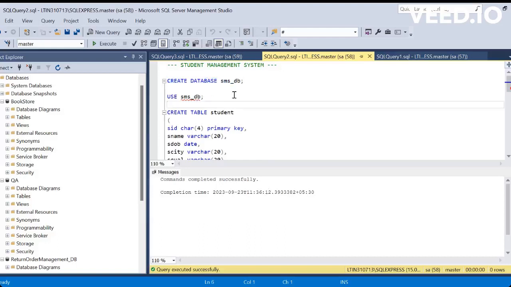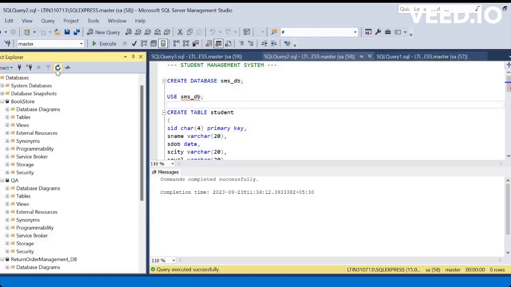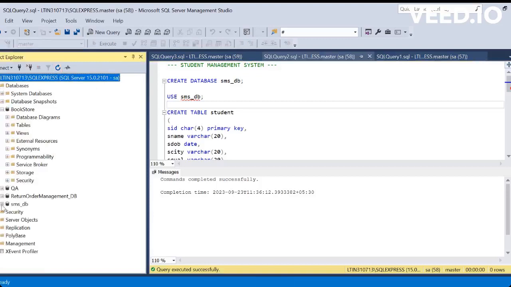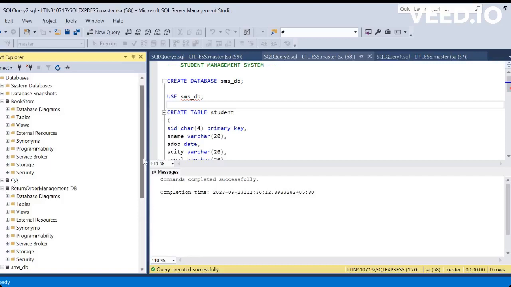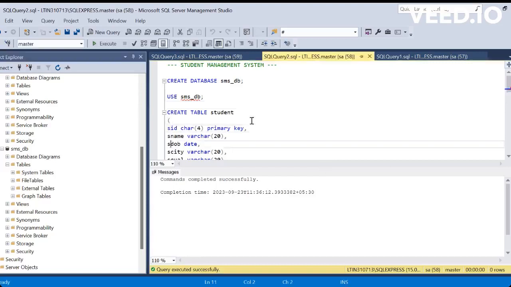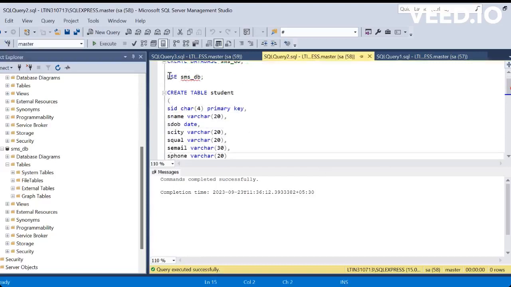Now, if you want to confirm whether your database has been created or not, you can just refresh this, and you will see it in the databases list. Here you can see SMSDB is there, right? Along with the previous databases, we have this SMSDB. If you expand the tables folder, there are no tables because we haven't created any table so far in that particular database. Now what I'm writing here is USE SMSDB, so I am using this particular DB. There are other DBs also; here you can see it is the master DB right now. If you want to change it and make it SMSDB, which we have created now,